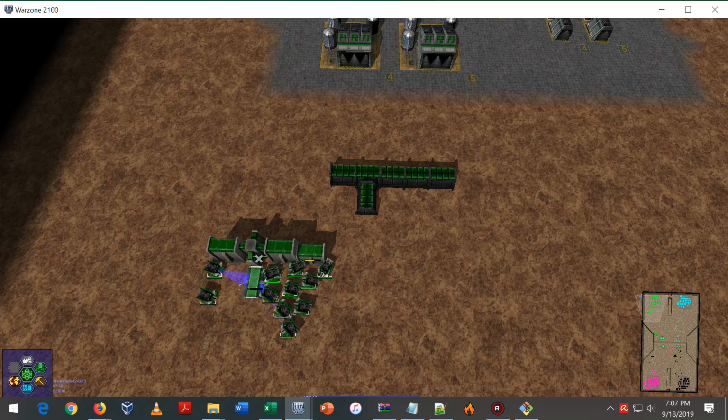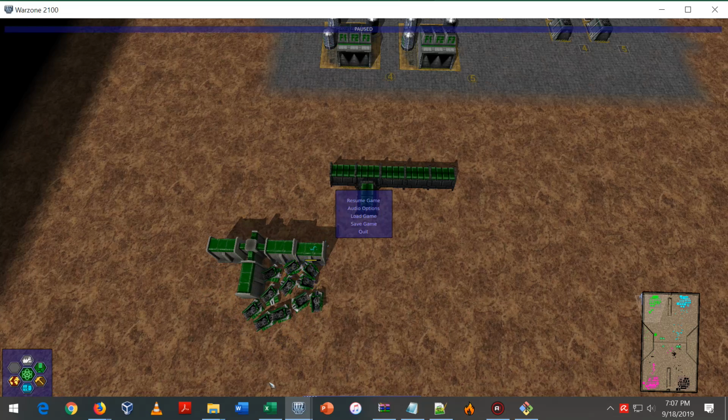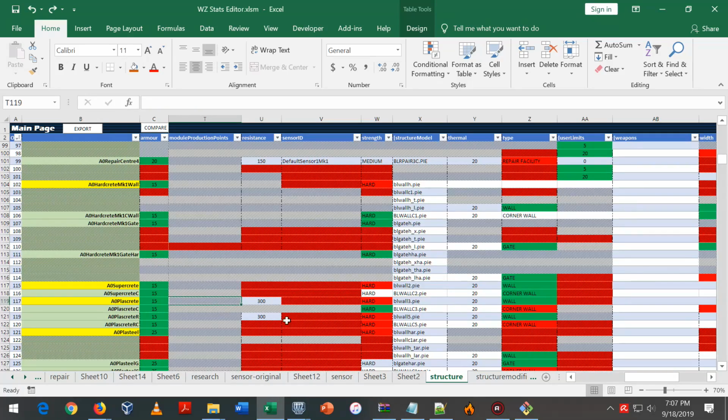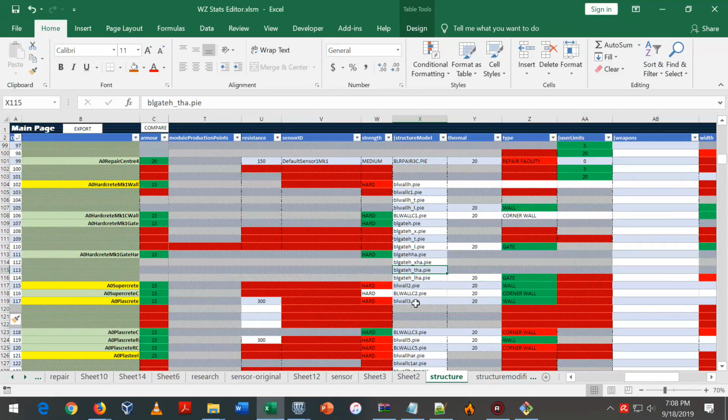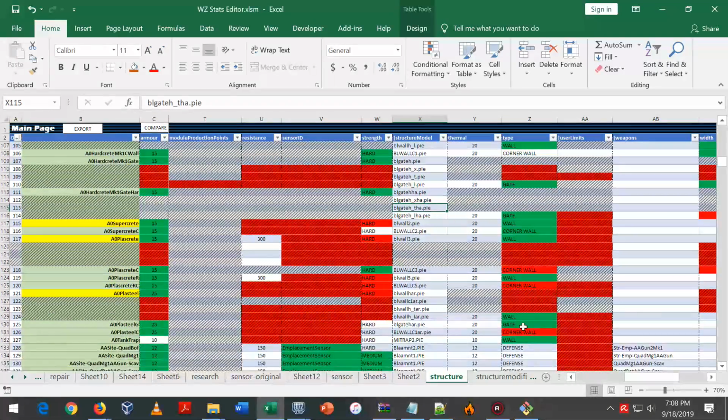Right, so you can see that's what's supposed to happen when we have the proper graphical models, and it's missing. So we're just going to fix that. So this is the base model here, and I'm just going to copy the same scheme. So if this is the base model for the Plascrete wall, BL wall 3,